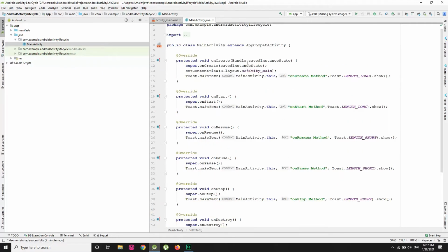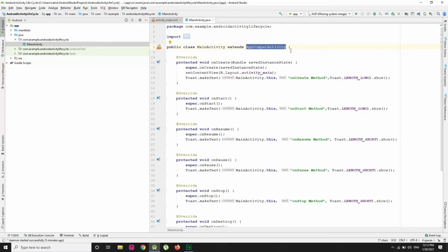So this is how we can implement the onCreate method, and I'm just going to change this AppCompatActivity to Activity, right?